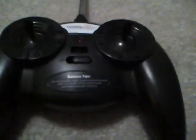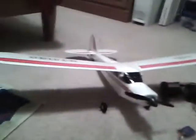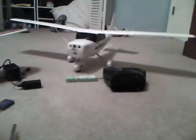Okay, it's me again, and I'm going to show you how to fly a 3-channel RC airplane because I've gotten so many PMs and emails telling me that I should do it, so I'm going to do that right now. I'm going to be showing you two planes here. They are both 3 channels and they are both RTF versions. I believe they do come in bind and flies too, but I'm just going to show you the RTF versions